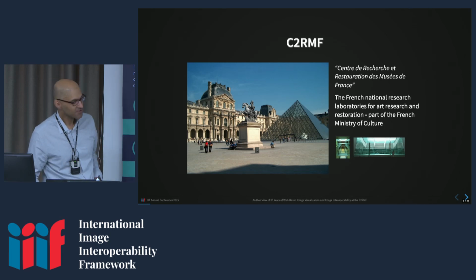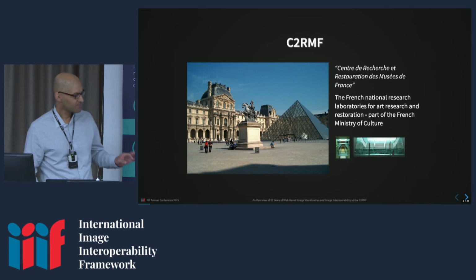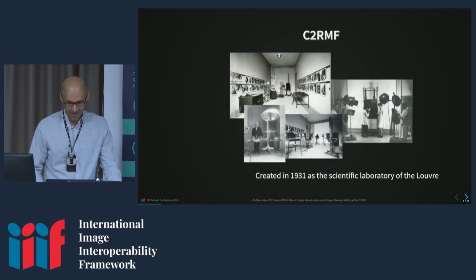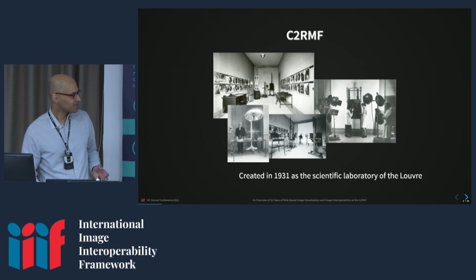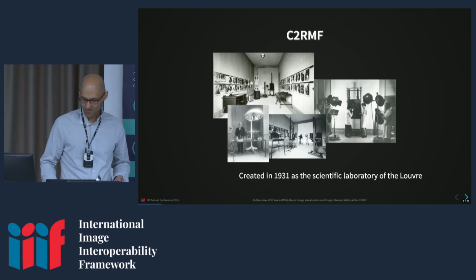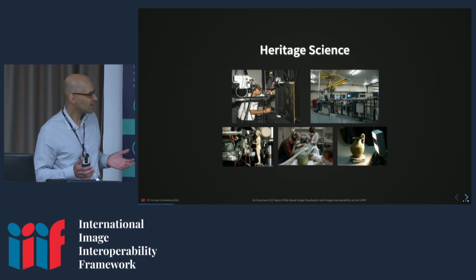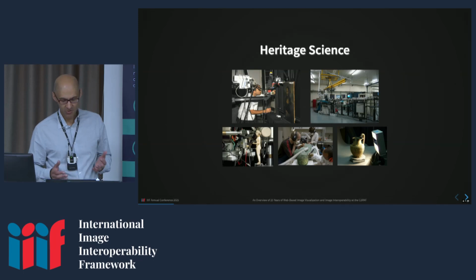So we're underneath the Louvre Museum in Paris, and we have these custom built facilities deep underground, under the pyramid and under the Louvre. But the centre itself has existed in various forms since 1931. Originally it was the scientific laboratory of the Louvre, and it's really a heritage science institution. So we are